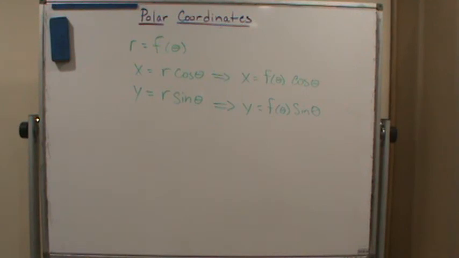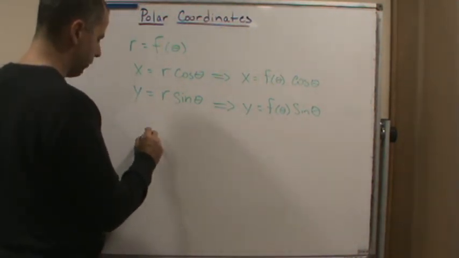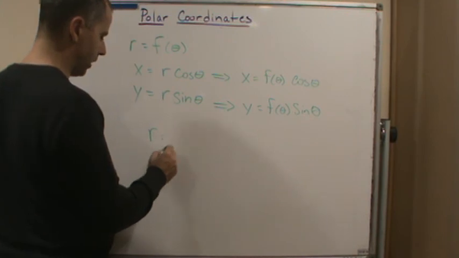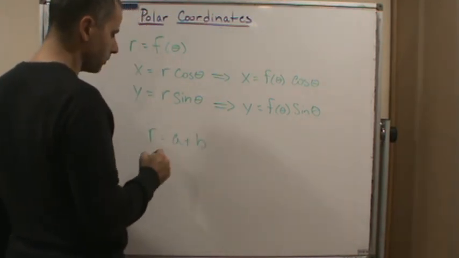So it gives us a parameterization of the curve in rectangular coordinates using theta, where theta would be the parameter. So theta is used as a parameter in this case. So for example, let's look at the spiral formula. So again, the general spiral formula that we said before was r is equal to a plus b